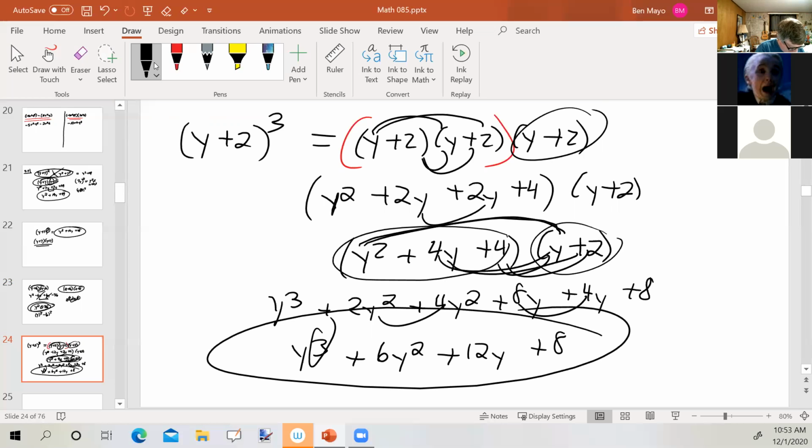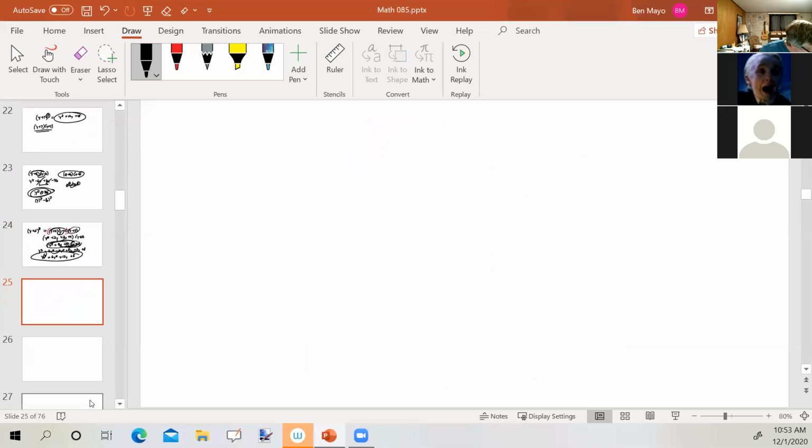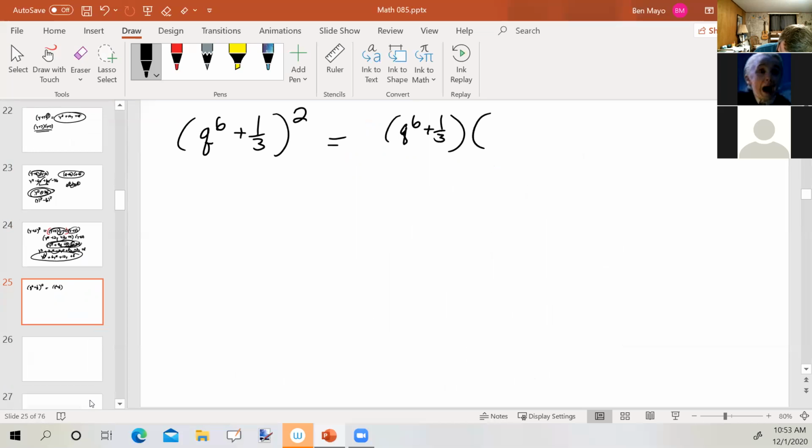Okay, let's see here. Let's take a look at a fraction. Let's say we've got the quantity q to the 6th power plus 1/3 squared. That would be q to the 6th power plus 1/3 times q to the 6th power plus 1/3. So we expand it. Now foiling it, we would get